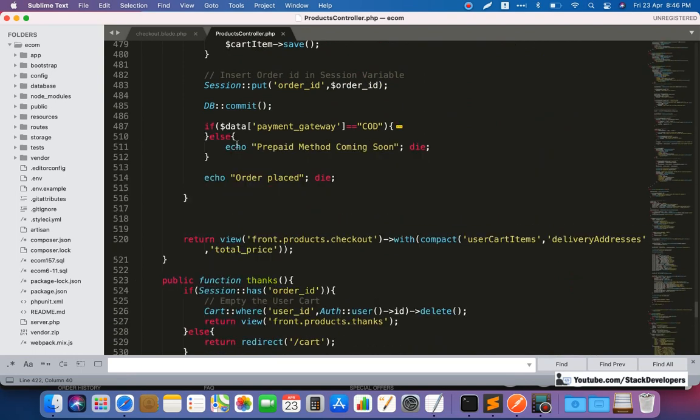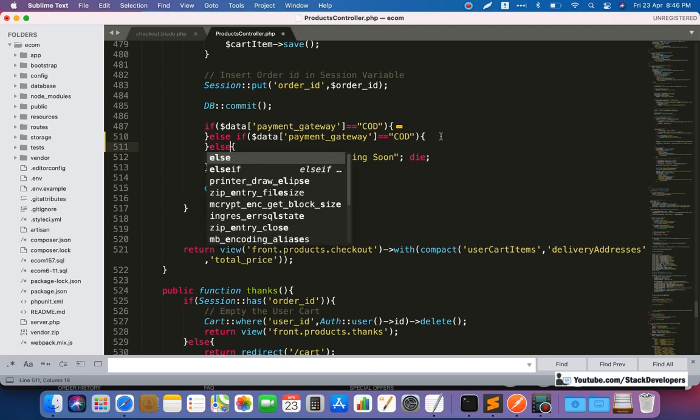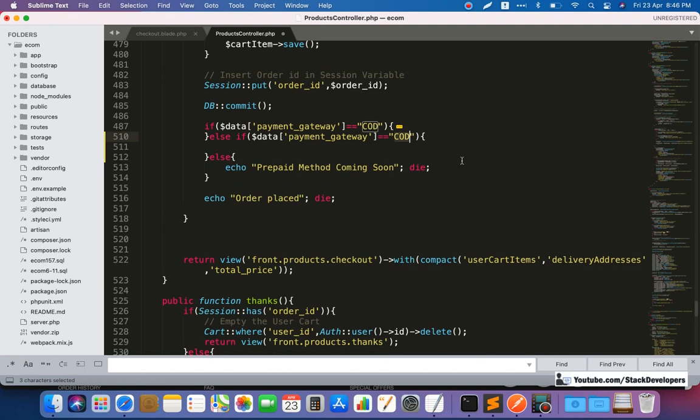So we can just close, and see here we are going to add the if condition once again for PayPal. Okay, so I'm going to do it like this here. I just need to create one more else condition here. Here I am going to give the PayPal like this, and here I'm going to write other prepaid method coming soon. Okay, so here in else if now see here we are going to redirect to PayPal.